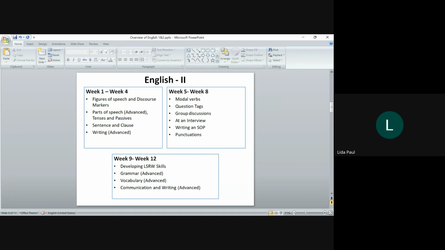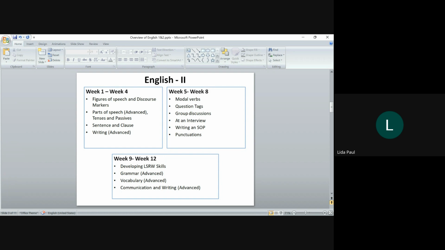Group discussions, interview, SOP, right? Punctuation is very important because when you're going to write down all these SOPs and all that, when a written document is submitted, there's more scrutiny on what you're doing. So topics like this become really important, right? Although most of us think that we know and can manage this properly, when we go through the scripts, we feel that people actually haven't invested time in learning this. So we thought it would be nice to include this topic so that people have some kind of first-hand experience